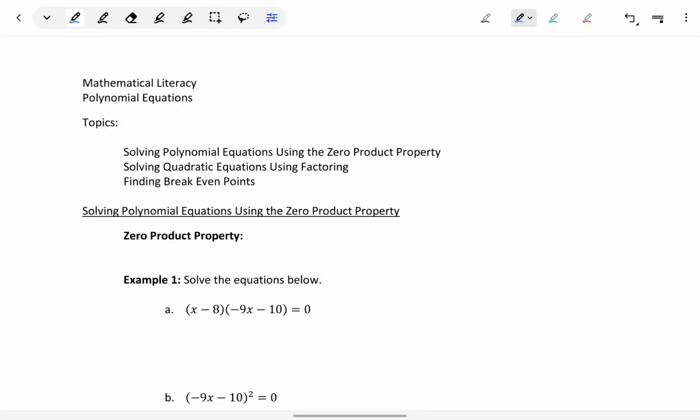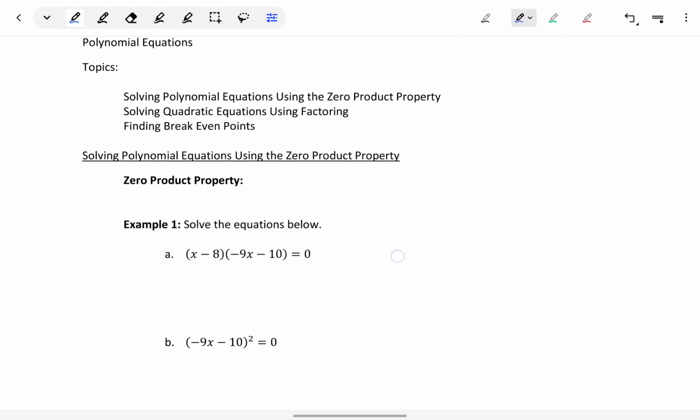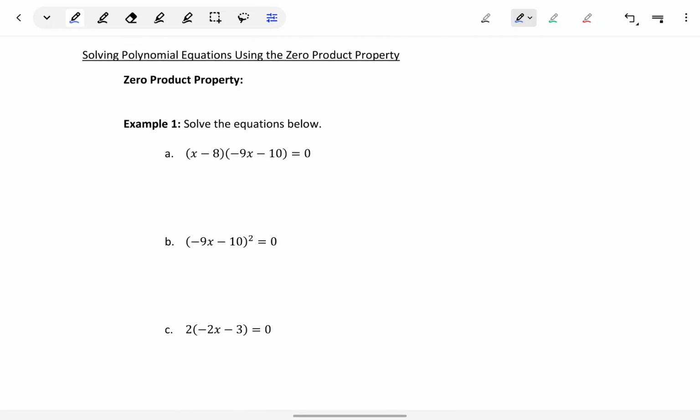In this section, we want to start looking at solving polynomial equations. And in order to do that, we're going to make use of the zero product property. The zero product property tells us that if we have two values being multiplied together and their product is equal to 0,